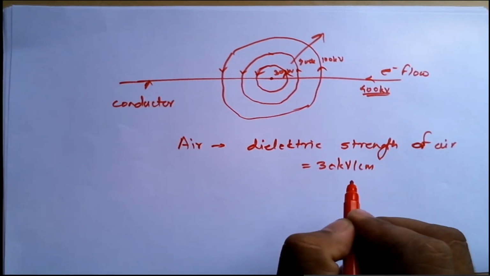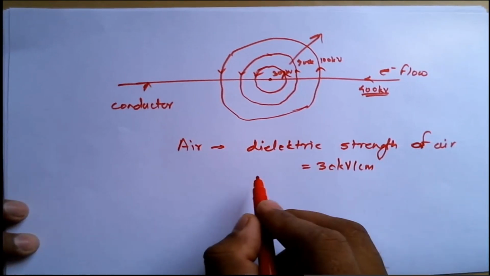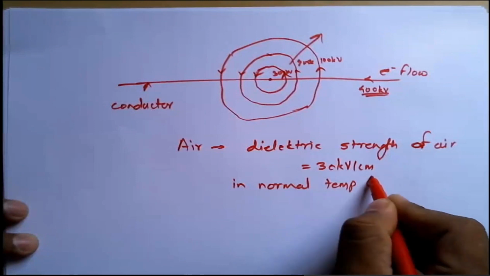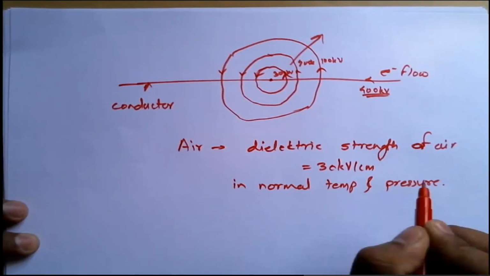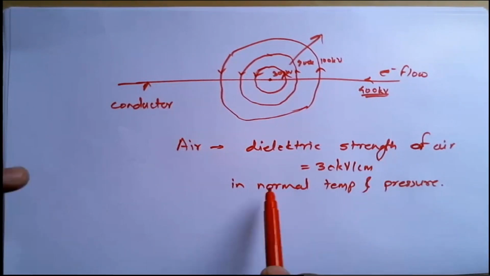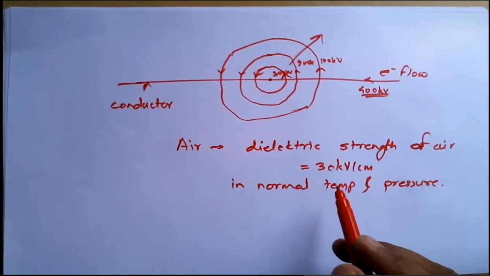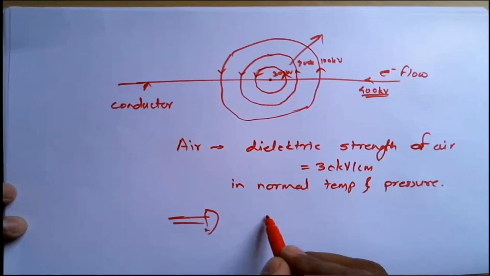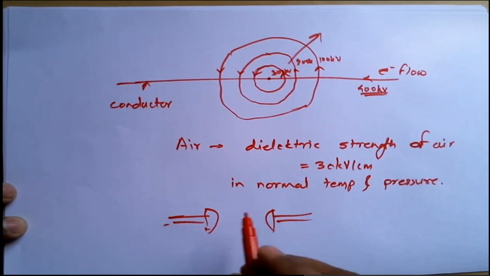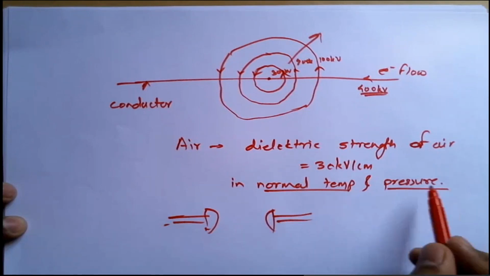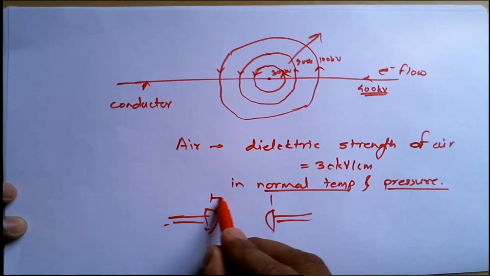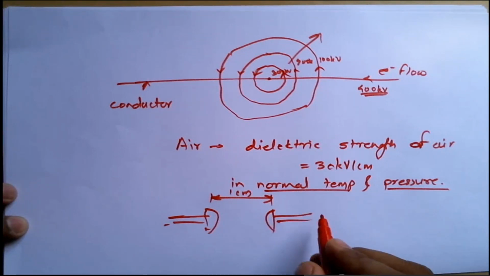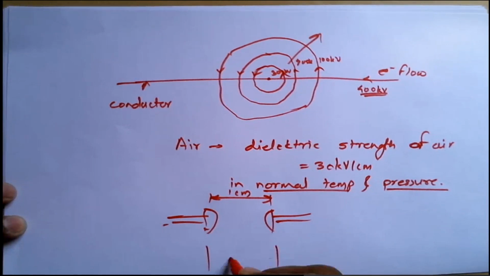What do you mean by dielectric strength? This dielectric strength is at normal temperature and pressure. Particularly for air at normal temperature and pressure, the dielectric strength is 30 kV per centimeter. Let us say this is a sphere gap arrangement, and at normal temperature and pressure the distance is 1 centimeter. If we maintain these standard conditions and the potential difference between these two electrodes is 30 kV per centimeter,